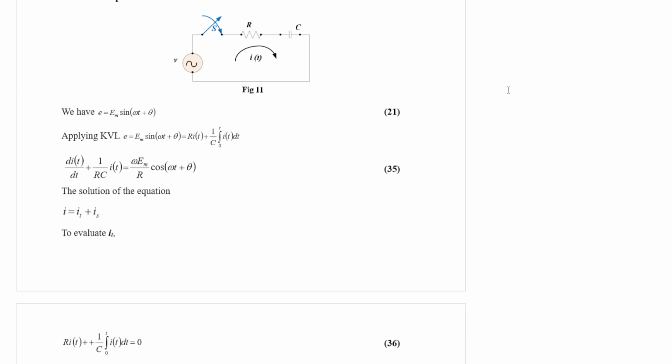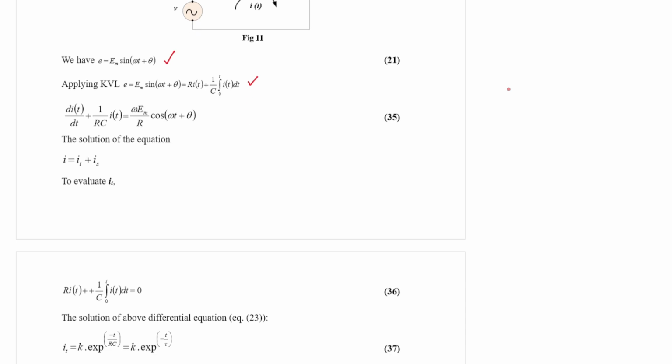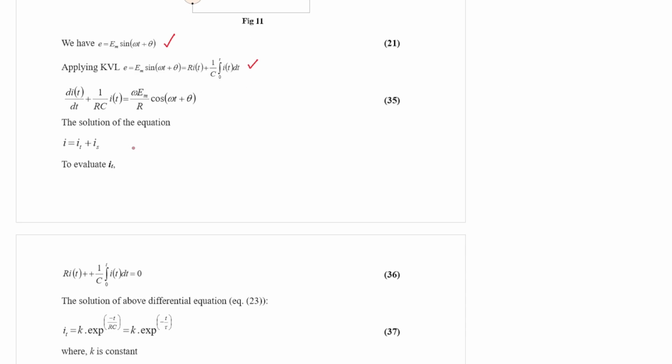Similarly, we can analyze this circuit. We have a voltage equation. This time, our KVL equation will be slightly changed. Instead of L di/dt, we have 1/C integration of i dt. So if you take the derivative of this equation di/dt, this R should be divided both ways, just like this: Em/R